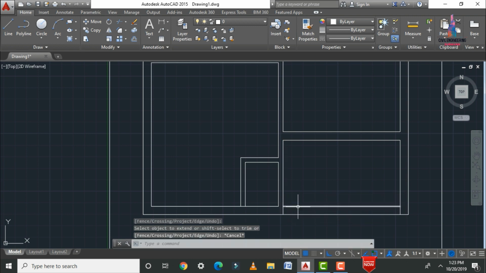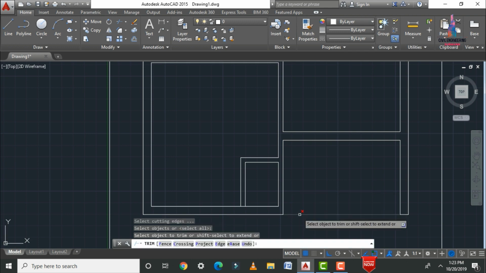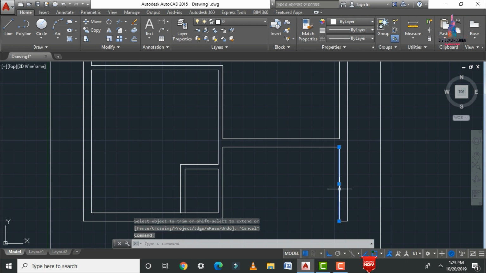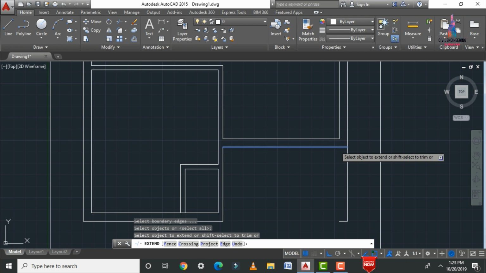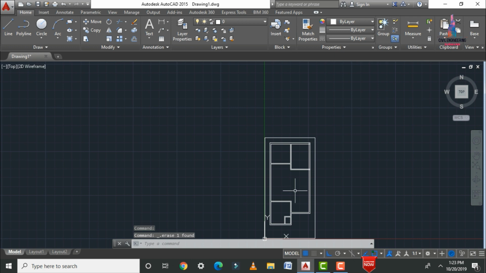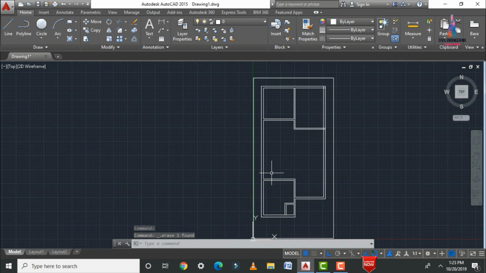Just I'm drawing the extensions here, just I'm deleting this respective option, just apply TR double enter here, trim this. So after that we had to remove this right hand side portion here, just I'm removing this and extend the line here like this. So apply the trim, TR double enter, just I'm applying the trim for this vertical line. So here I'm trimming this. So again we have to trim this portion. Okay, so now you can see, it was drawn with the kitchen portion here.